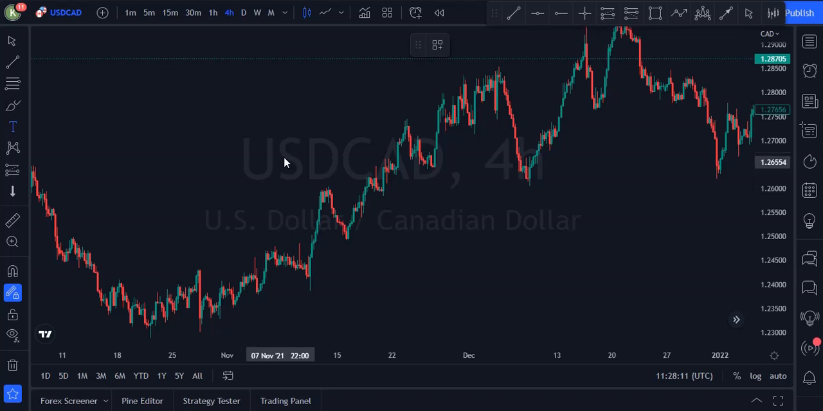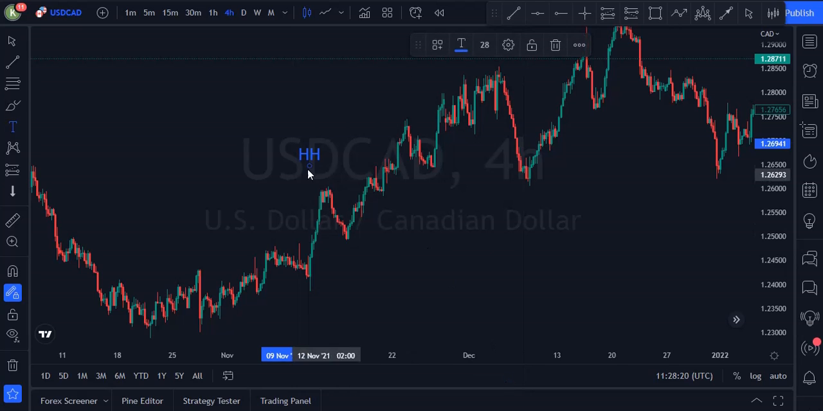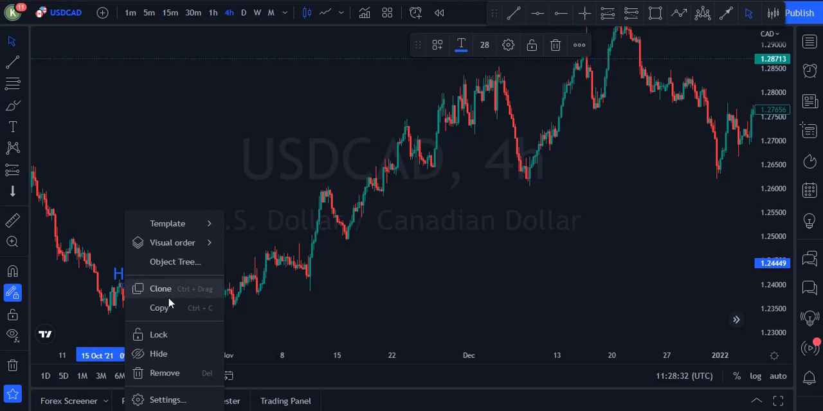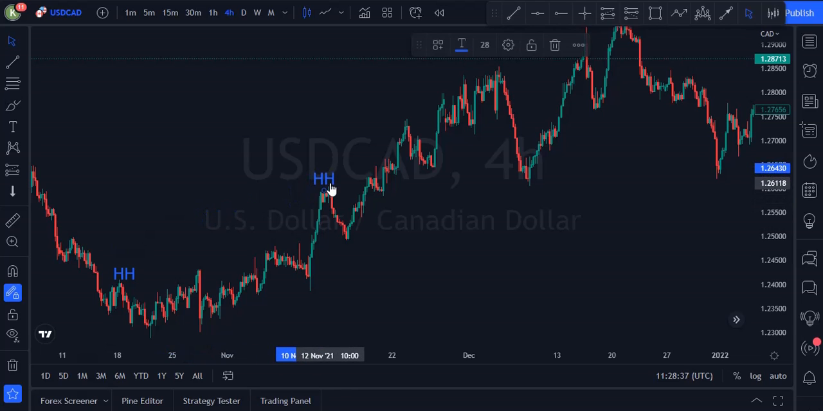So I'll just use a text so that you will see it clearly, but you don't have to write them. So let's start with the higher highs. Okay, I will spot every higher high, but when I'm drawing a trend line, I will use those that are in the same line. So the second one,